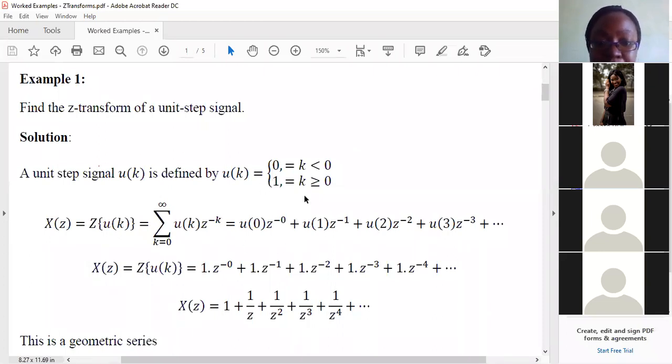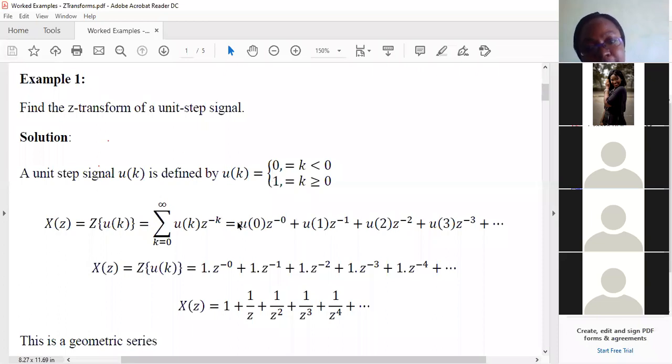So that's a unit step signal. Then when you want to transform it to Z domain, you can see this is the definition. So this is the definition of the Z transform. Instead of x of k, I just put u of k there. Then you would know that,